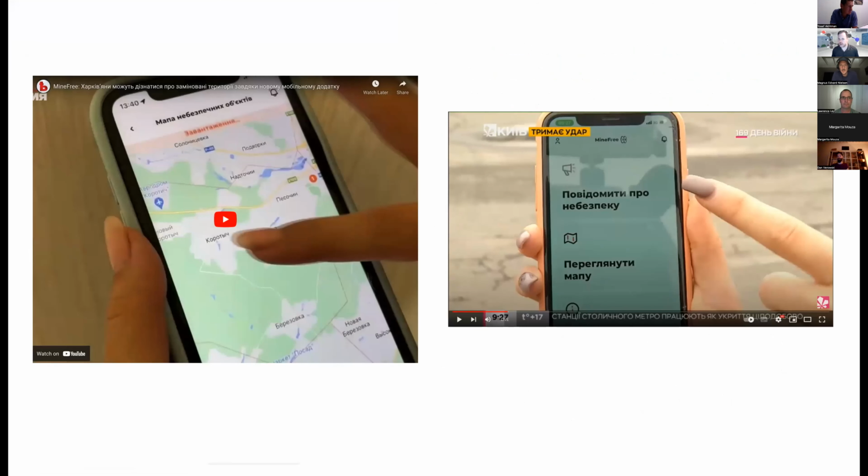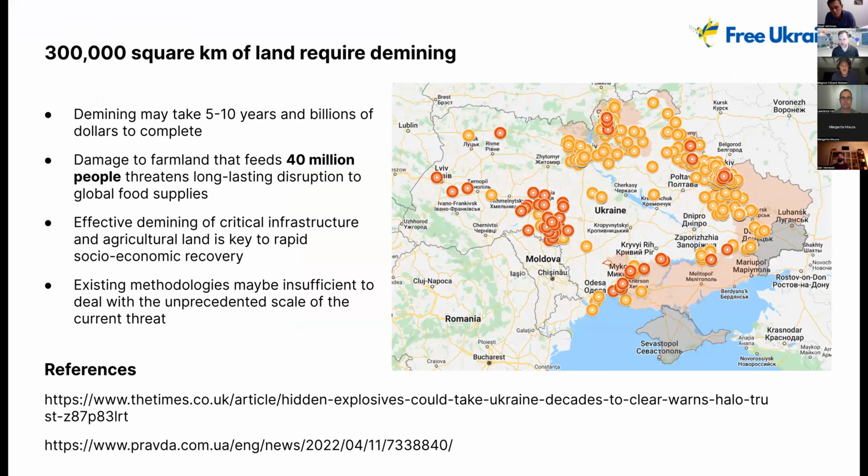So how many actions, how many trips do those operators, the deminers, have to do? And have you thought about how it can be scaled? Does it have to be just a marketplace essentially, which is flat, one level?